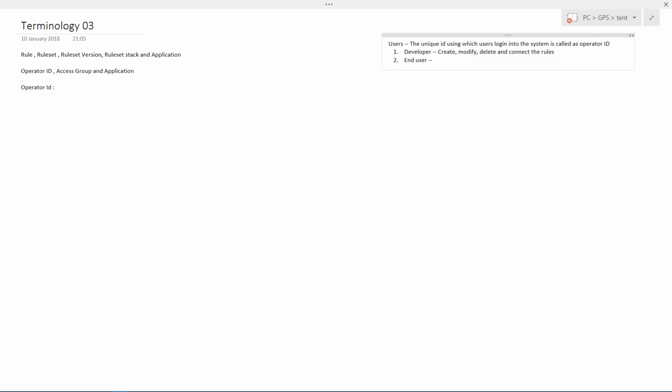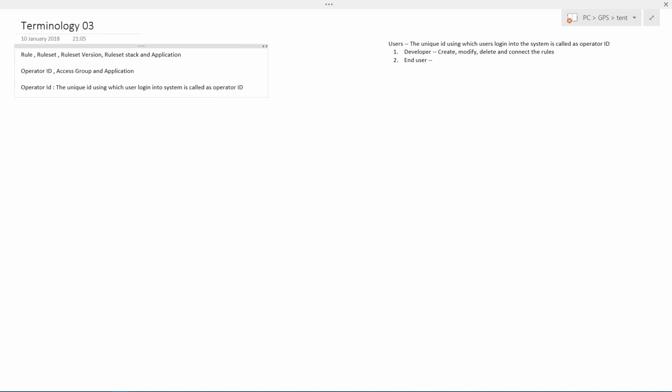What do you mean by operator ID? The unique ID using which users log into the system is called the operator ID.